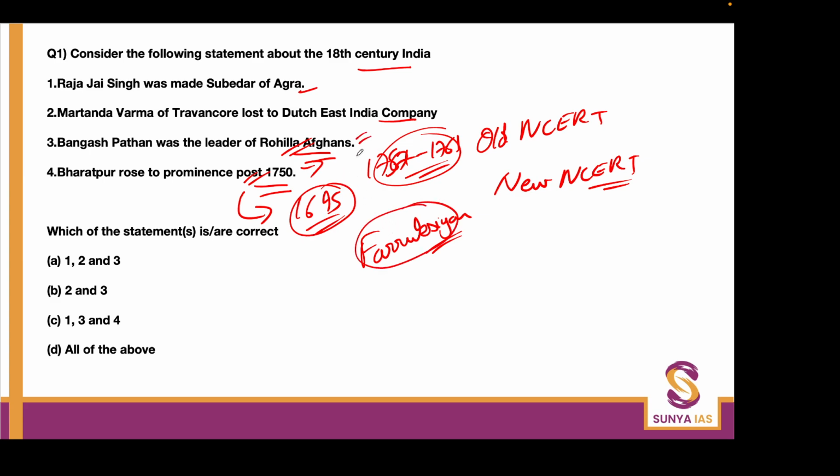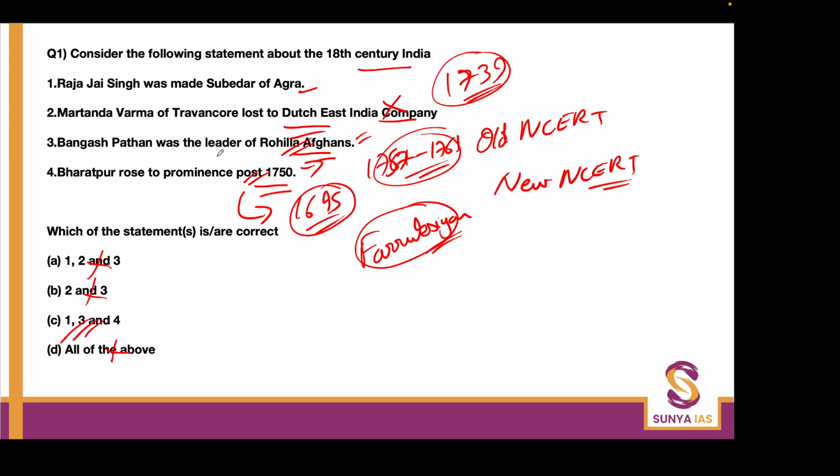Now, third and fourth both are right. Martanda Varma of Travancore lost to Dutch East India Company. This statement is wrong. Martanda Varma came to power in 1739, and post this, he revamped the whole Travancore state and revamped the military of Travancore on western lines. So you will see that Martanda Varma actually won against the Dutch East India Company and reduced the active participation of the Dutch East India Company in Travancore society. So the second statement is wrong. The moment you mark the second statement wrong, you immediately get only one option left, and that is 1, 3